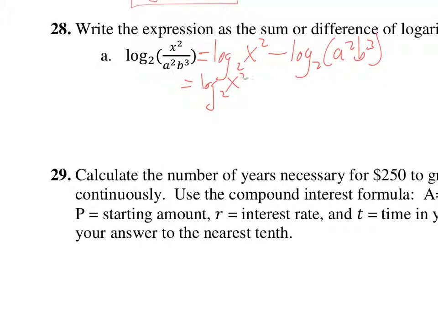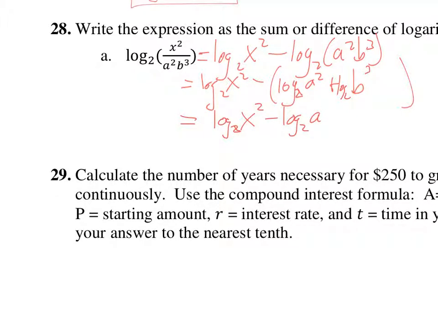Watch out here though, you got to put that in parentheses because that minus is going to affect both of these. Log base 2 of b cubed. Sorry about that. And then that negative gets distributed, so we have log base 2 of x squared minus log base 2 of a squared,